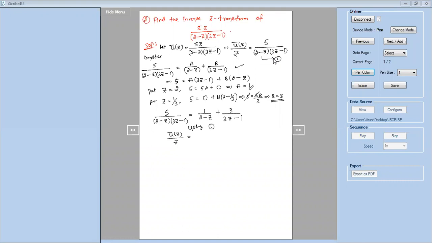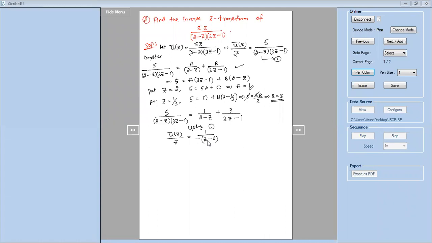Now listen to me carefully. See in the right hand side, look at the denominator. The denominators of your inverse Z transformation problem should be like this. It should be in the form of Z minus K. But here what we have, 2 minus Z. So that Z should come first and the sign of Z should always be positive. But here it is negative. So I'll take minus common in this. I mean, I'll write this as 1 by minus of Z minus 2. So whenever you have a term like this, where the coefficient of Z is minus, take it outside. So it is Z minus 2. So it looks like Z minus K now. So always the term should be like this.